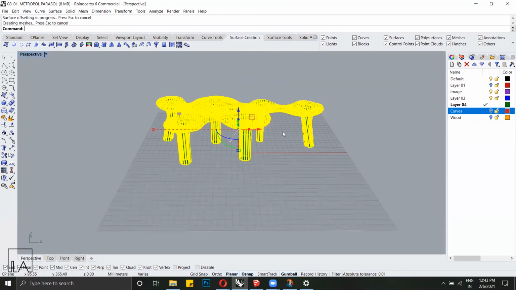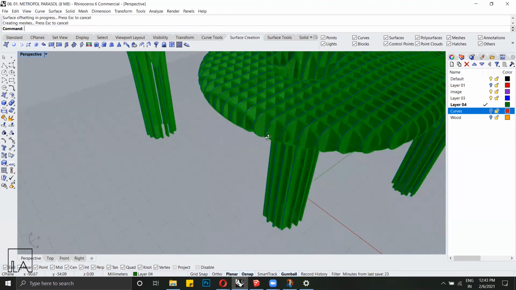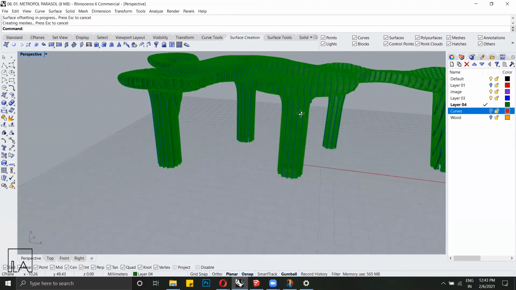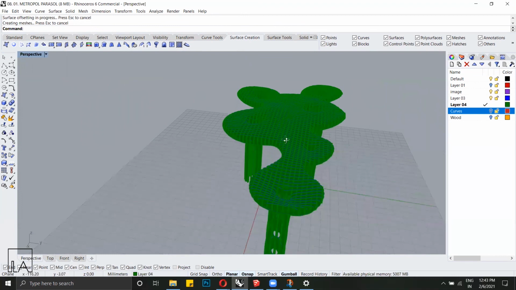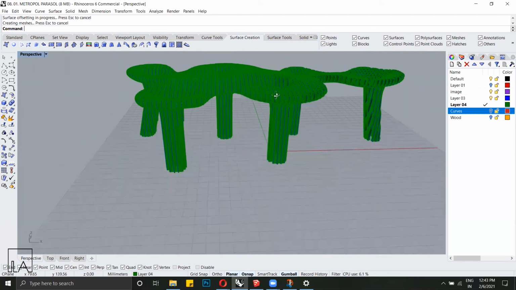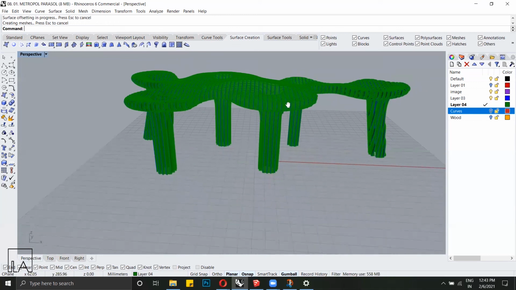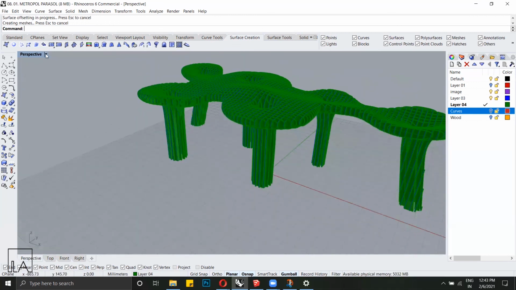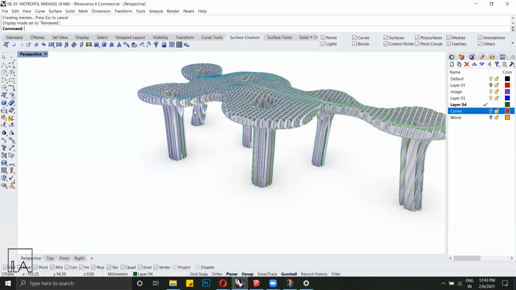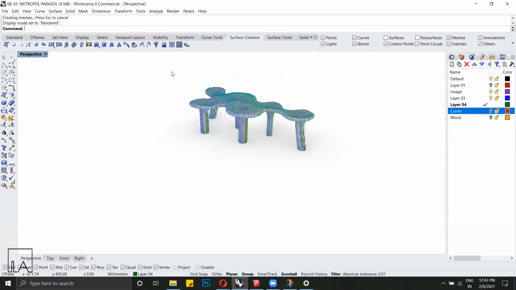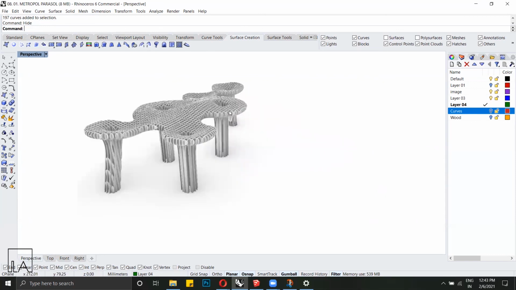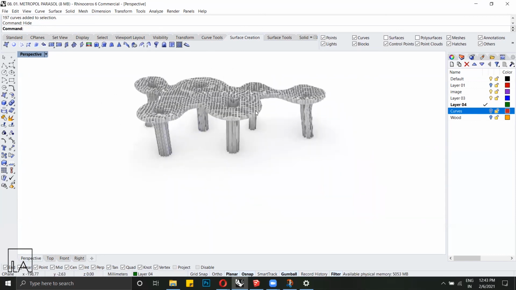Now that's done. If I go to my perspective view, you can see that we have the structure as we need. So this pretty much helps us understand blending surface, trimming, offset surface, and all the surface creations. And we honestly get the shape that we need. So if you see the vision, we get the structure as we need it.